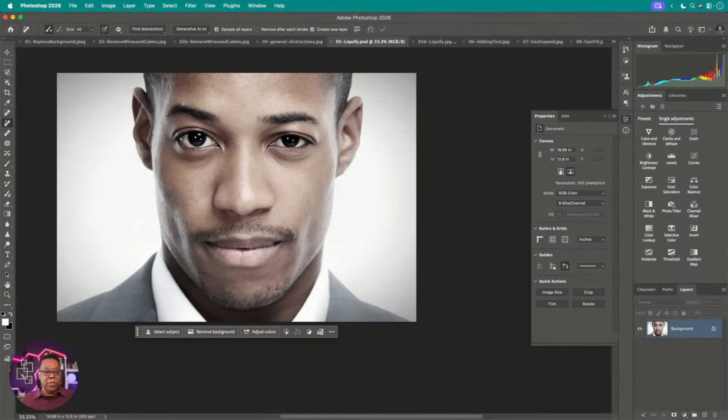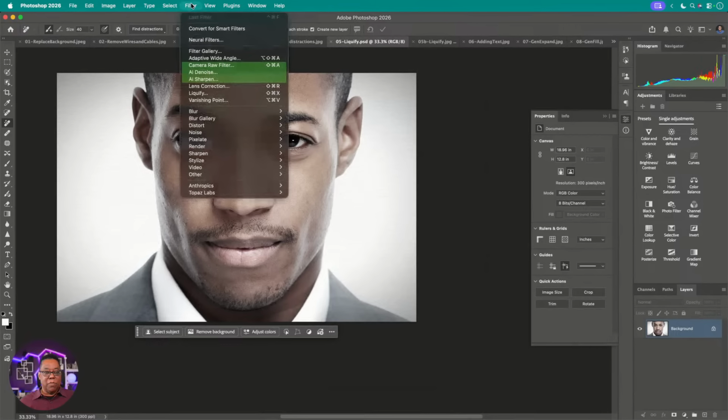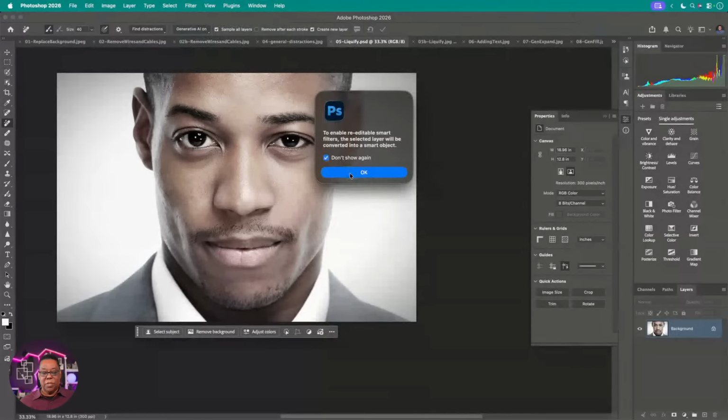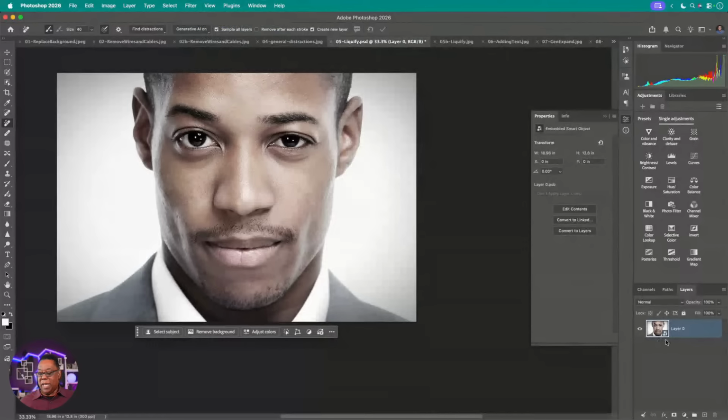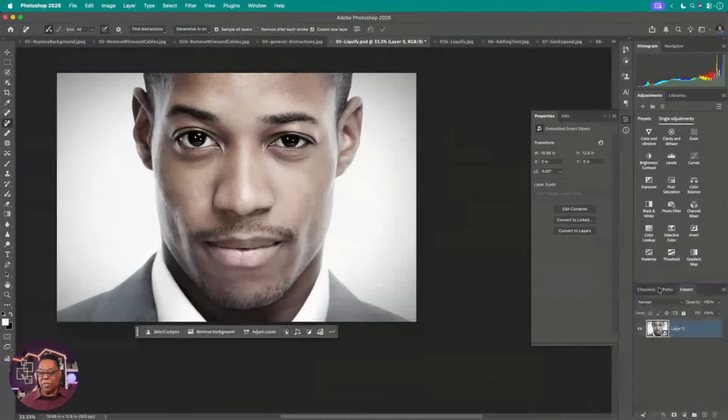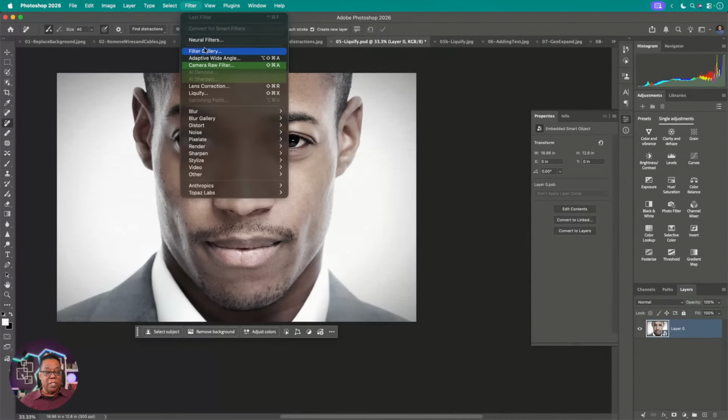So one of the things you can do first, under the filter menu where Liquify exists, if you want to keep things non-destructive, before you run any of these filters, first do Convert for Smart Filters. It will make that layer a smart object layer. So it puts this little icon in the lower right-hand corner letting you know. That way you can always come in and turn that filter or that adjustment off. So basically it's making what I'm about to do non-destructive. Now when I go to Filter and I go to Liquify,